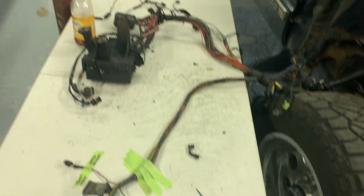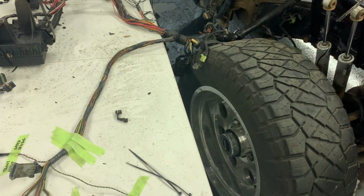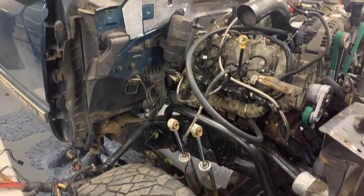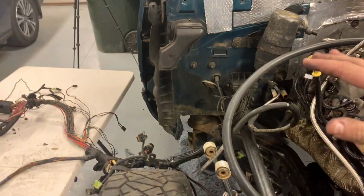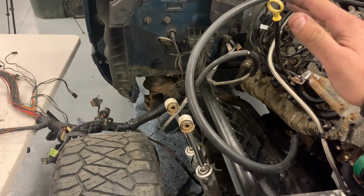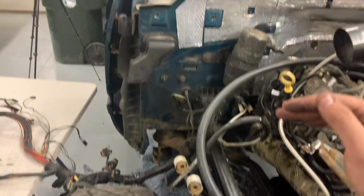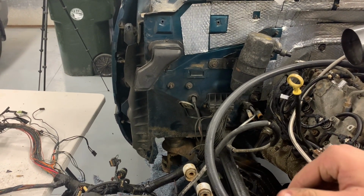My hope is to have a plan together for what to cut by the end of the weekend, and then maybe look into taping it and looming it and running it over. Because realistically, once the harness is out of this side and back over to where it should be, then I can start working on reassembling this side, figuring out the degas bottle, if I'm going to use a factory 6.5 bottle or a Duramax bottle,